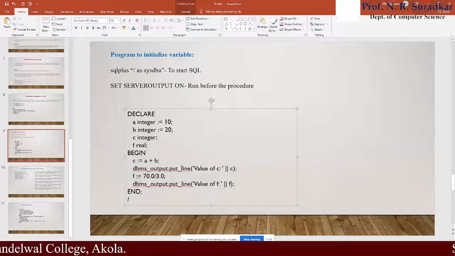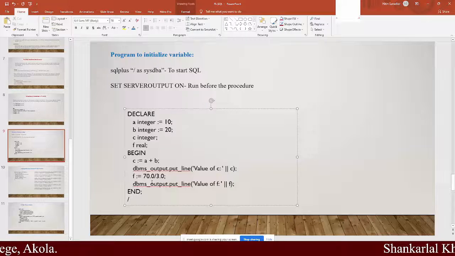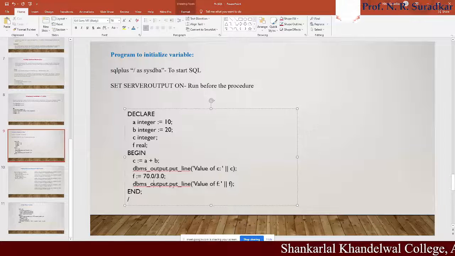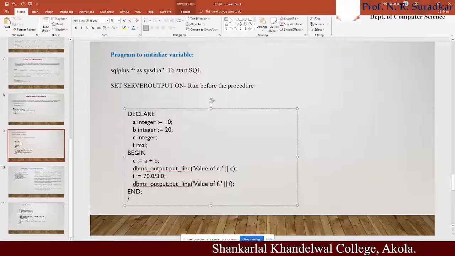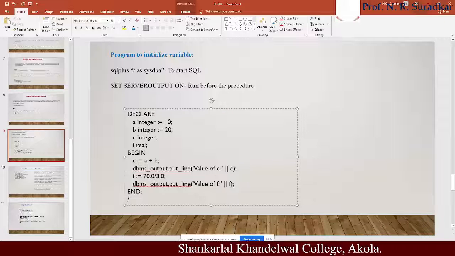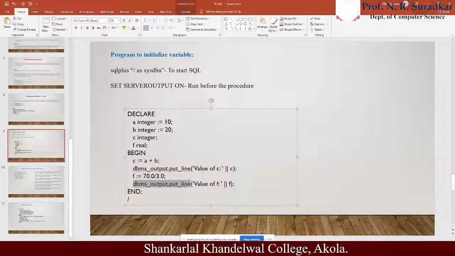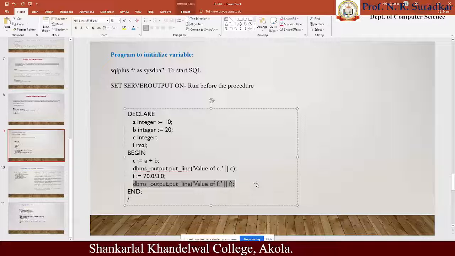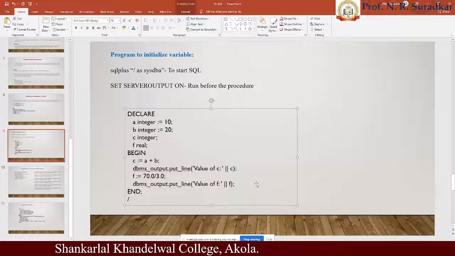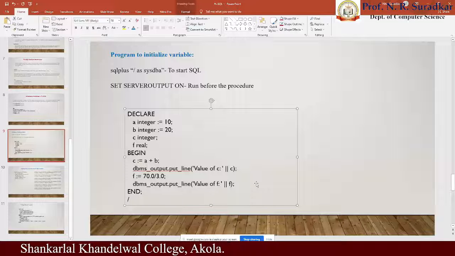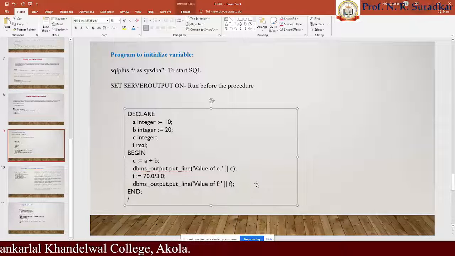Then we use F = 70 / 3. To print the value of this, we again use the same statement, dbms_output.put_line, with 'value of F :' in single quotation marks. These statements are used to print the result, the same operation performed by printf in C, cout in C++, and System.out.println in Java.